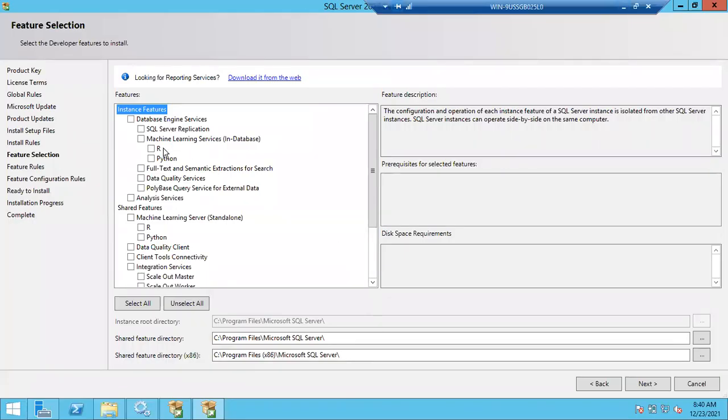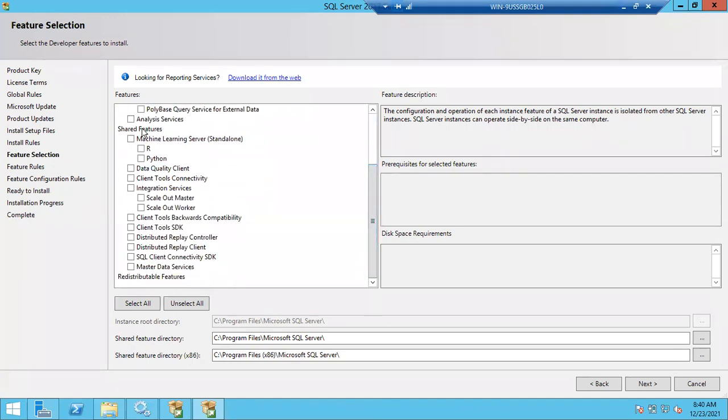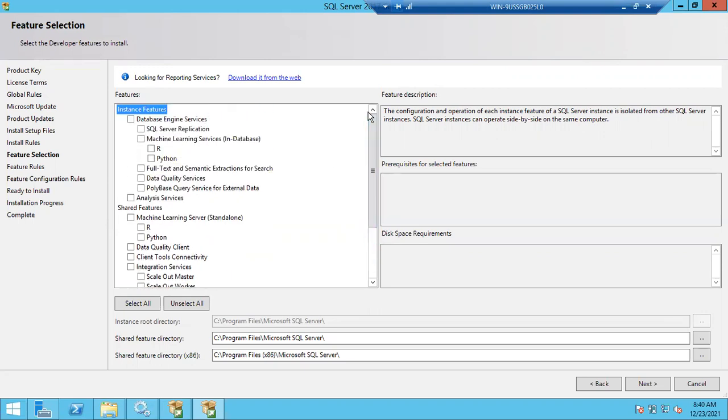So you can see 2 portions actually. Instance features is specific. The whole section is specific features. And under shared features, you can see some other components. These are the shared features. It means once you install these components for the first time, no need to install next time. Once any new person comes to the PG, no need to buy an extra washing machine, no need to buy an extra oven, no need to buy an extra fridge and all. Agree? Right? So let me choose specific features first.